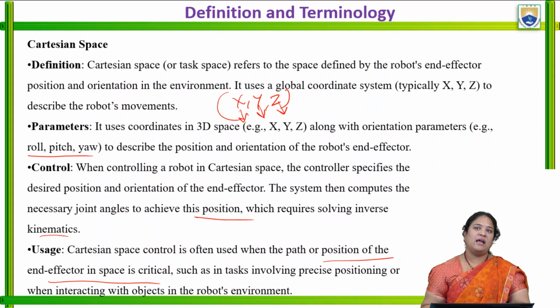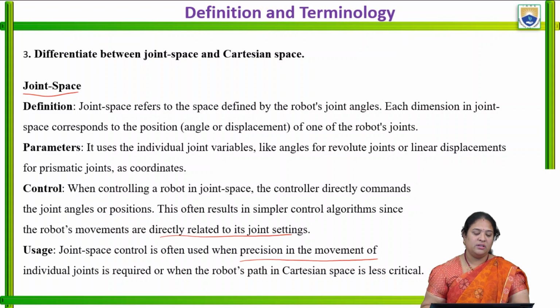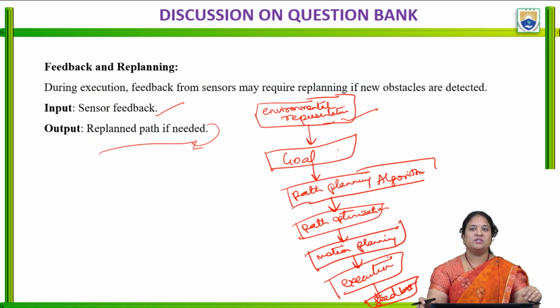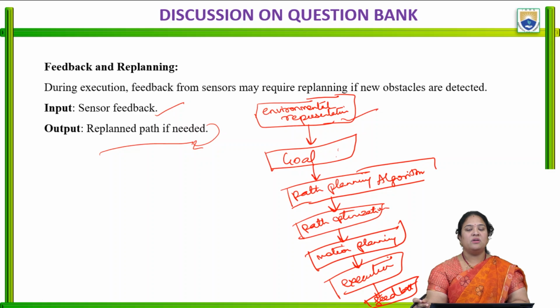So in today's class, we have discussed the question bank on concepts like path planning, different types of path planning systems, and the joint space and Cartesian space, and the difference between them. So in the next class, we will be discussing the question bank for module 4, that is the application of robotics, how the robot is applicable and